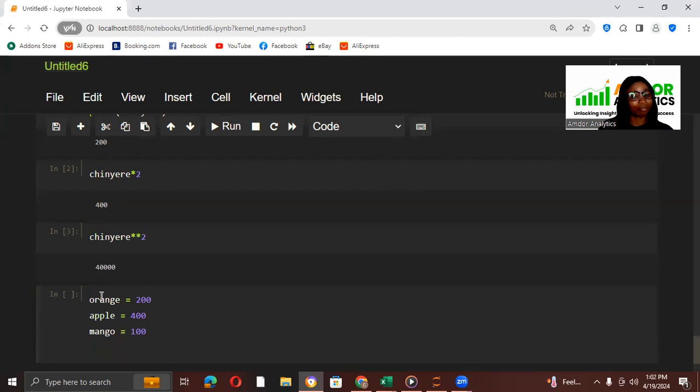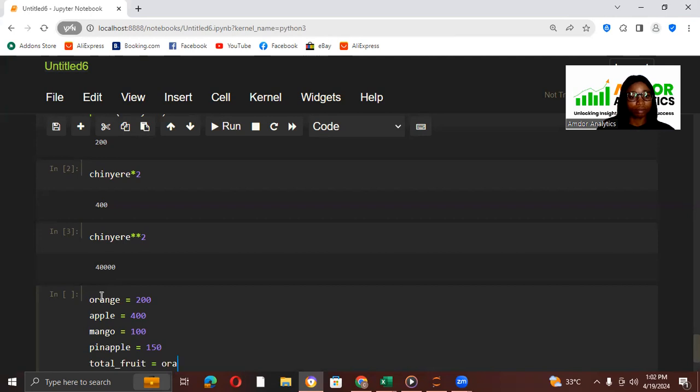Then let's say we have pineapple, pineapple to be 150 pineapples. And then we say total underscore fruits to be equal to,